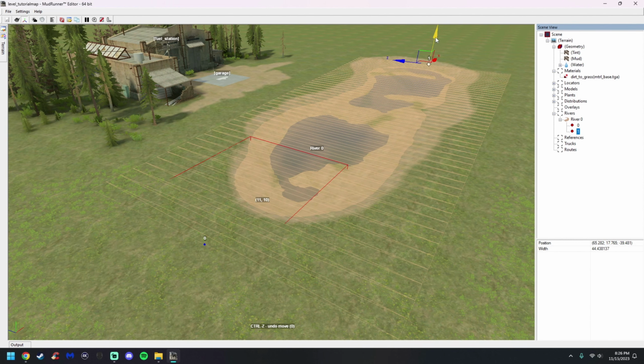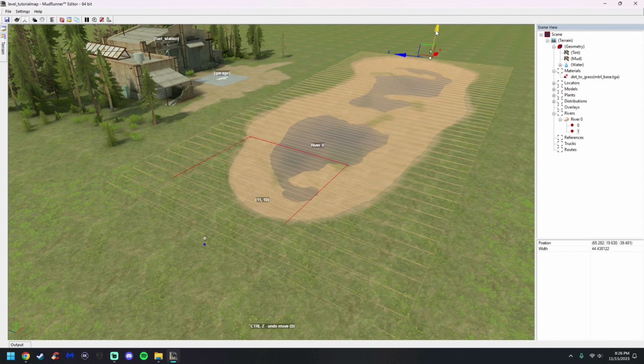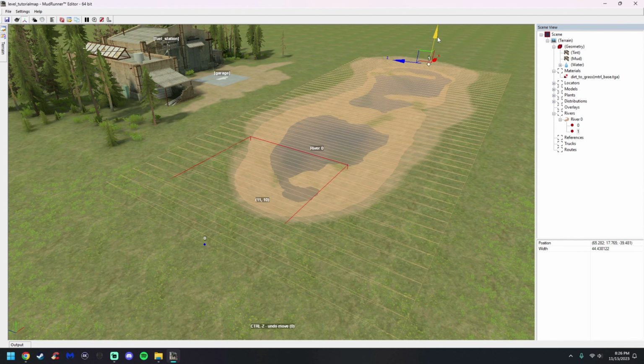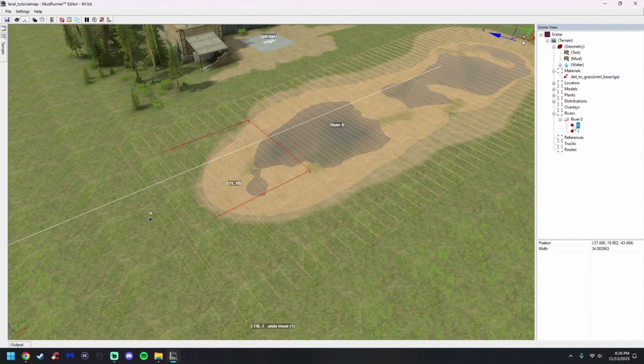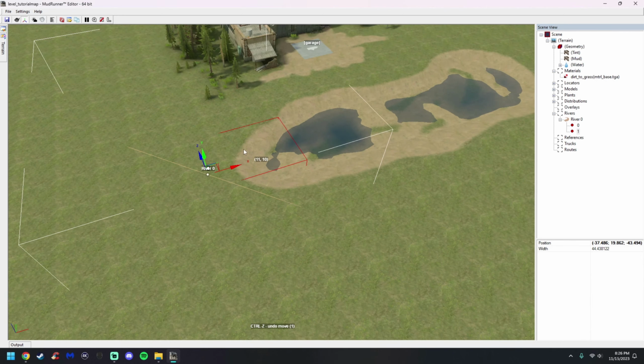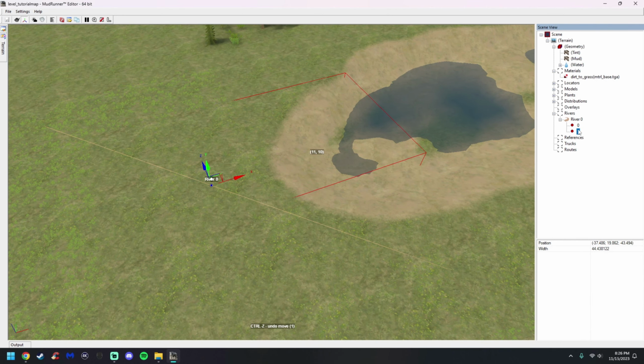And rather than sit here and try to line this up and get it perfect with the other side, the easiest way to do this really is just to click on 0, come down here to its position, and hold your left mouse key and copy the whole thing. Right click, copy, and then go ahead and push the 1, highlight the whole thing, right click, paste. And then when you click on the white, you'll notice that both the 1 and the 0 are in the same spot. So just grab the 1,